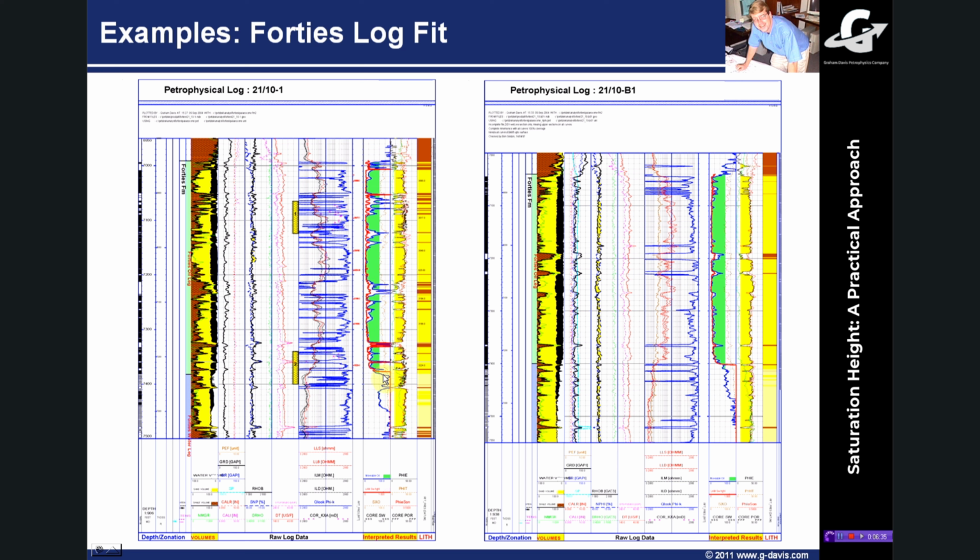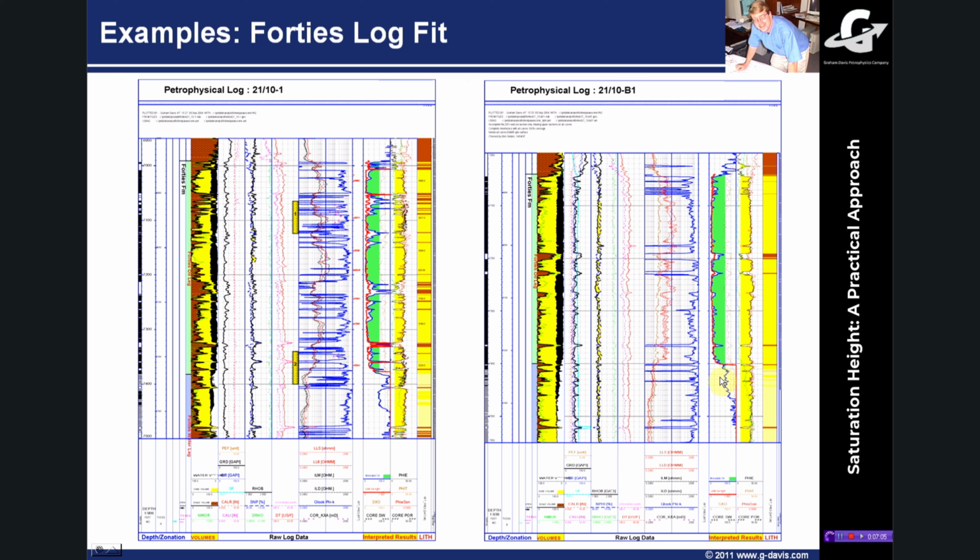And here you see, here's where I impose that free water level, comes in here and matches this stuff here, and this little blob of stuff down here is that residual oil saturation. We see it here as well, that residual oil saturation below what I've selected as a free water level. Now I don't really know the full field history here, I haven't really worked Forties before myself, but you can see that if you did have a nice sigmoidal function, you might be tempted to try and get something to fit through there as well.